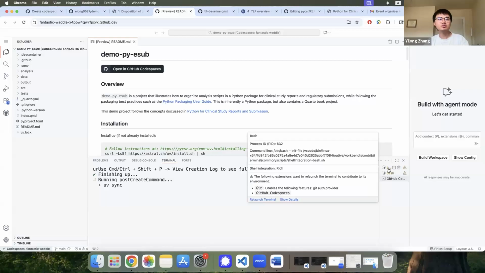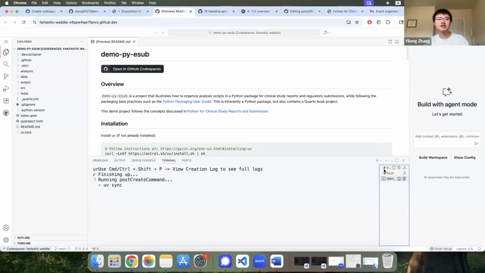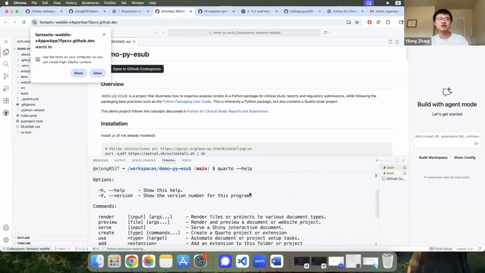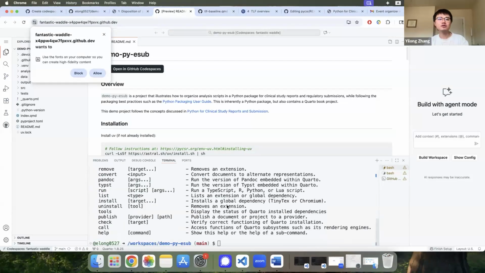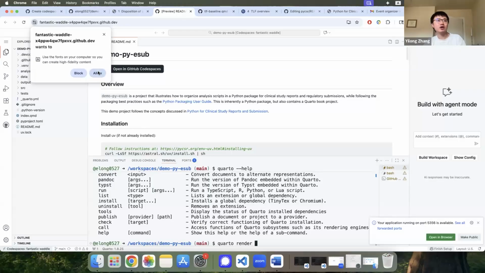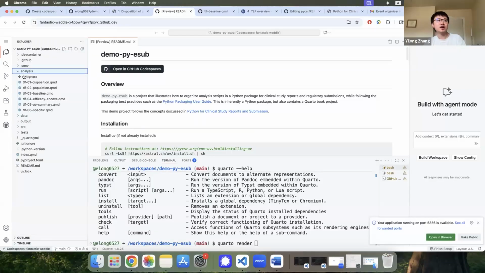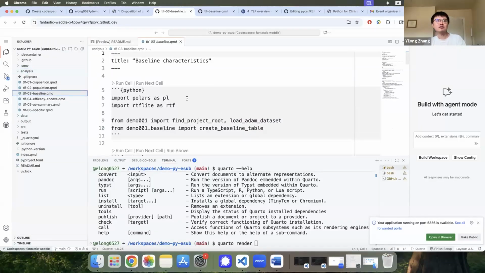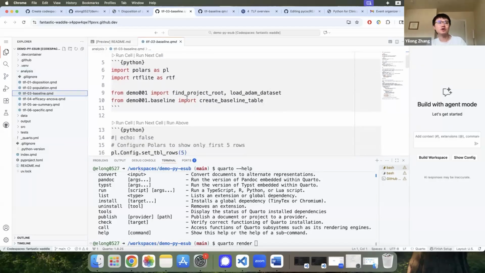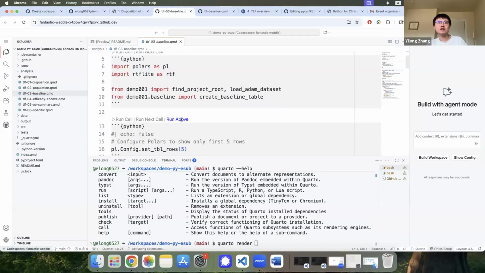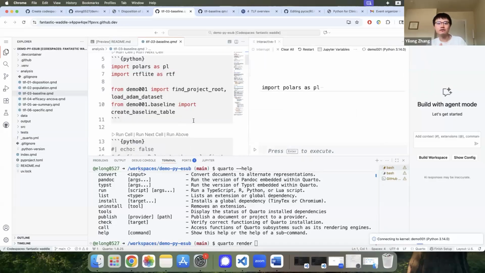I probably will skip this part, but basically the idea is that once Quarto is already here, the quarto command line is available, so you can do quarto render to run the project as a whole, right? And you can also jump into the analysis code if you are still in the development stage, like we just demonstrated before, to develop and update the code interactively, using the version control environment to keep the changes and collaborate with people following engineering best practice. Right?